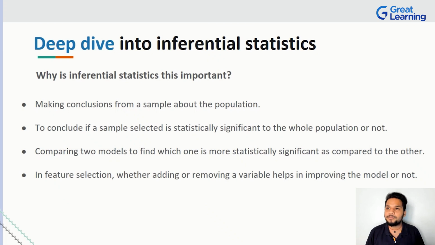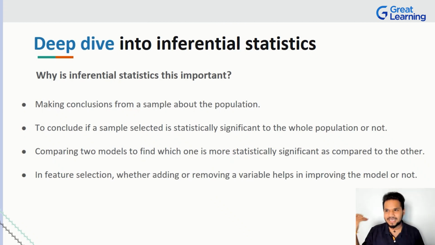Maybe it will take you one entire year to find out the salary of each and every data analyst in India, but having a sample set and doing it might take you 1 day. So 1 day versus one entire year of work, which would you prefer? And at the end of the day, your result is going to be very, very close, right? So to find out what is more statistically significant is why we use inferential statistics